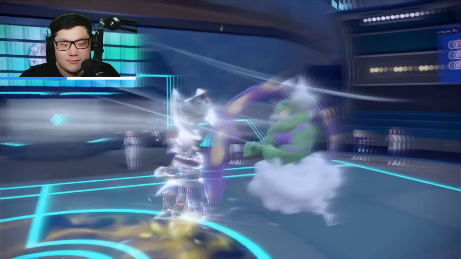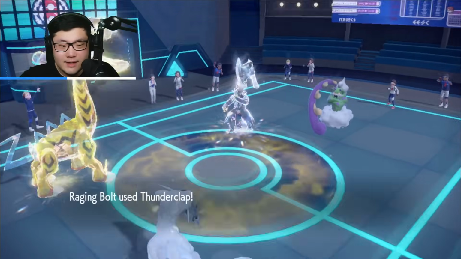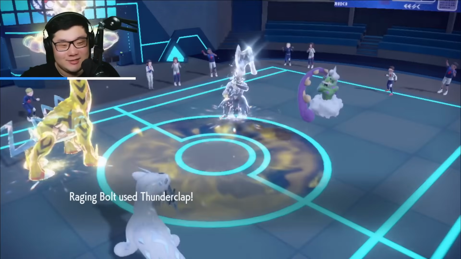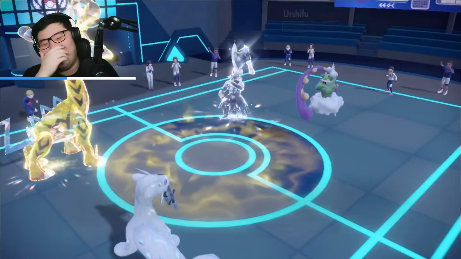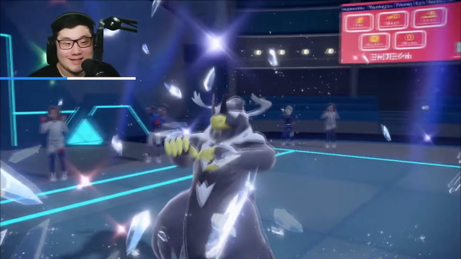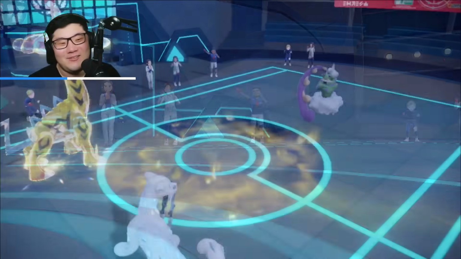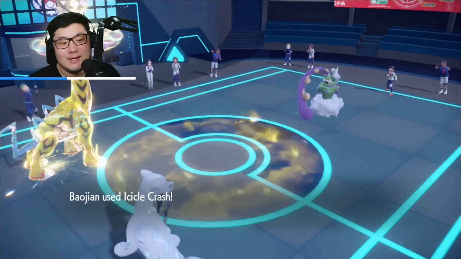They go for Tailwind, which doesn't really change anything other than the Torn being faster. Able to go for the Thunderclap. This is Electric Terrain boosted, Terra Electric. Let's see if it KOs. Beautiful damage. Beautiful damage. Doesn't matter about the Terra. Yeah, I was thinking, I think you need Terra Grass. I think if you're Terra Grass, it doesn't matter. Again, Sucker Punch plus the...